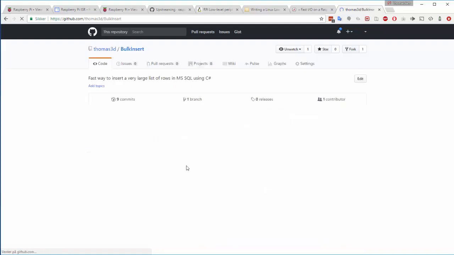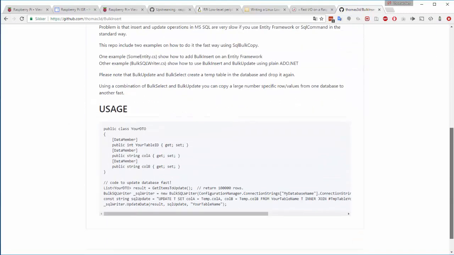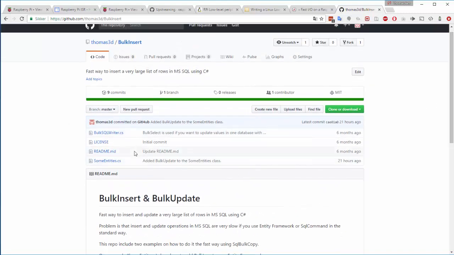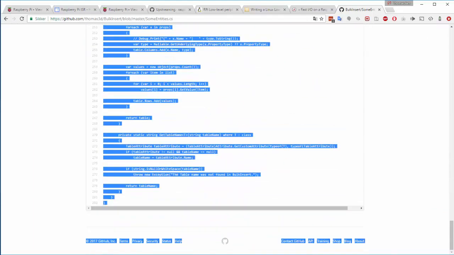But this is the one that we're going to talk about: BulkInsert and BulkUpdate. There's a little bit of an explanation here, and maybe I'll update that. If you want something where you just use BulkInsert and BulkUpdate and you do not use EntityFramework, this is the one to use. But this is the one you want to use if you're using EntityFramework, which is the case here. So you just go in here and grab all this code really quick, copy, and then you go to your